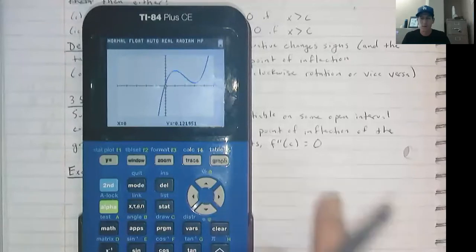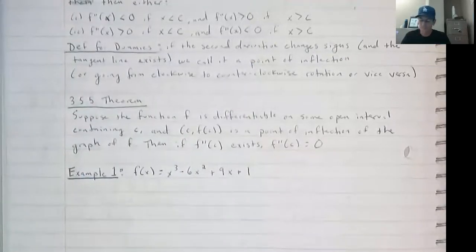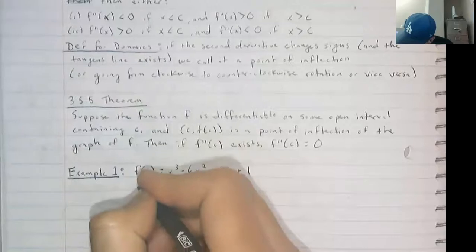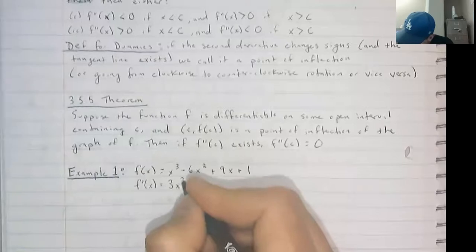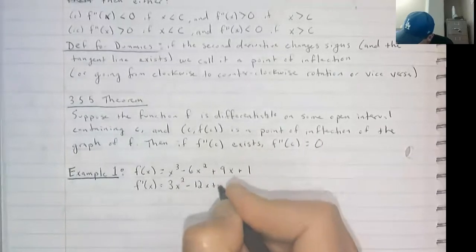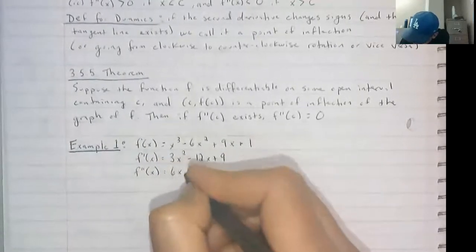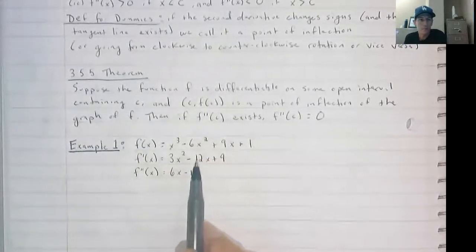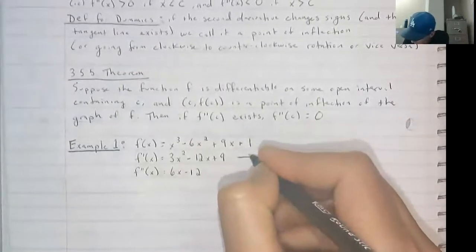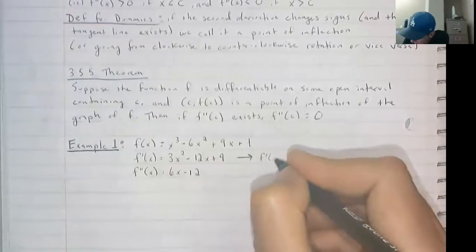Okay, so let's first of all differentiate this twice. So our first derivative, f prime of x, is equal to 3x squared minus 12x plus 9. And then our second derivative is equal to 6x minus 12. Both these derivatives exist everywhere because they're polynomials. So we're only interested in when these are equal to 0. So f prime of x is equal to 0 when that guy is equal to 0,